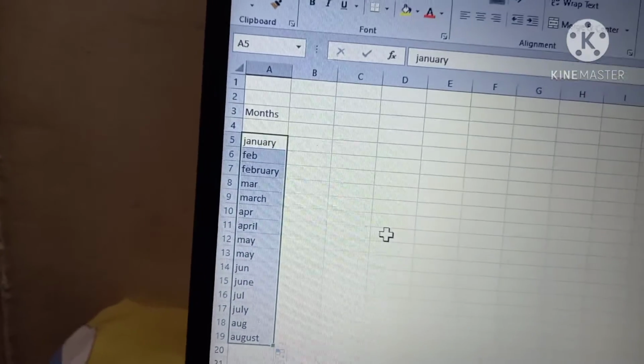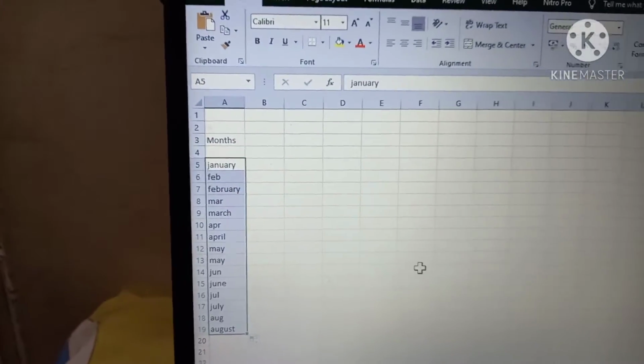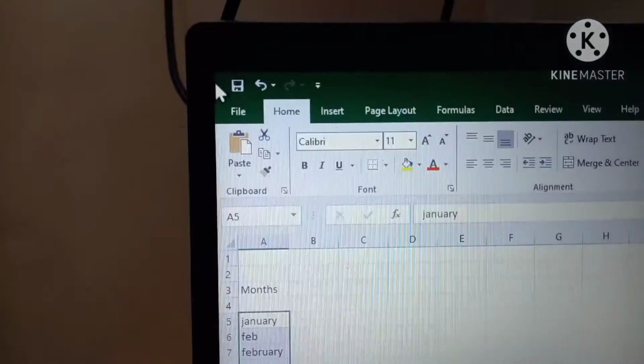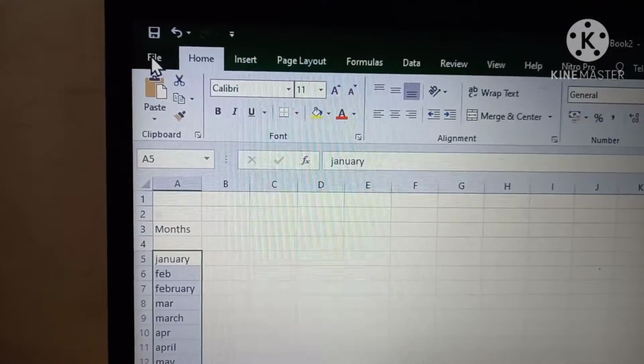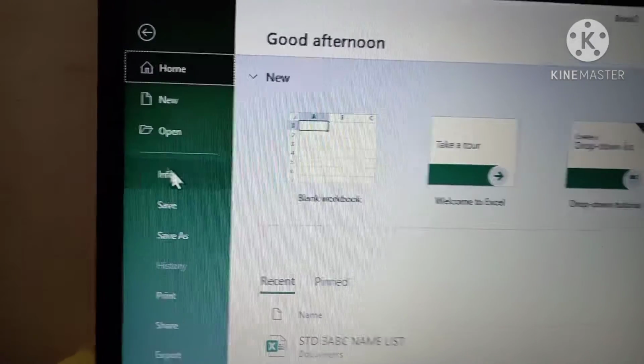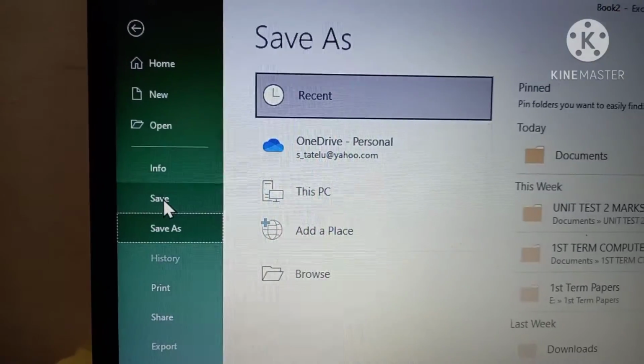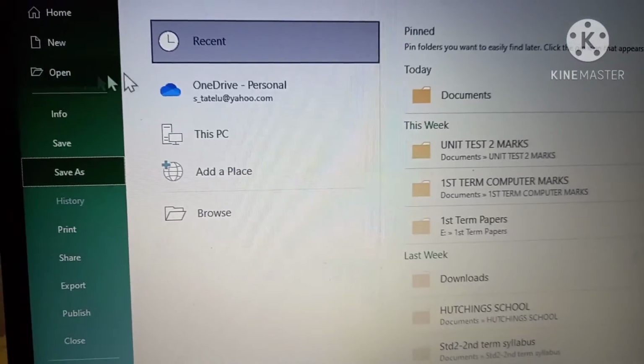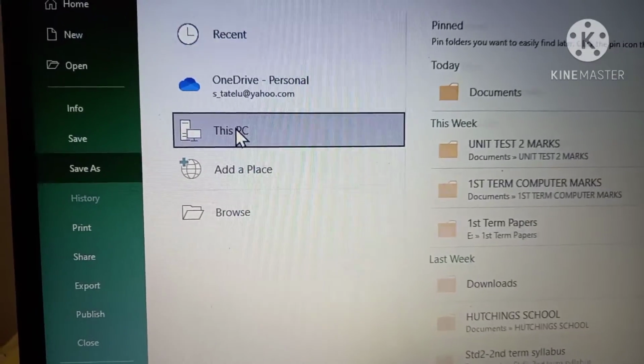So now we will learn how to save, right? How to save? Go to file, then click on save. Now this PC, you go.